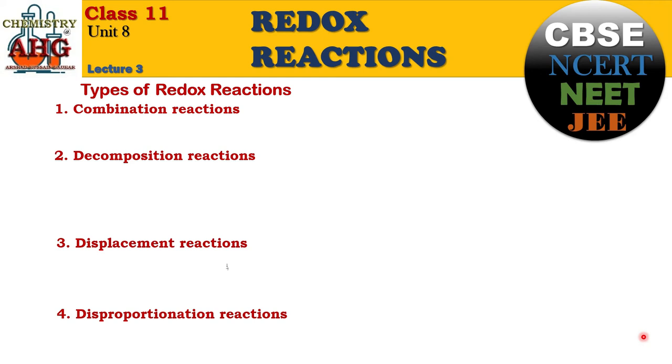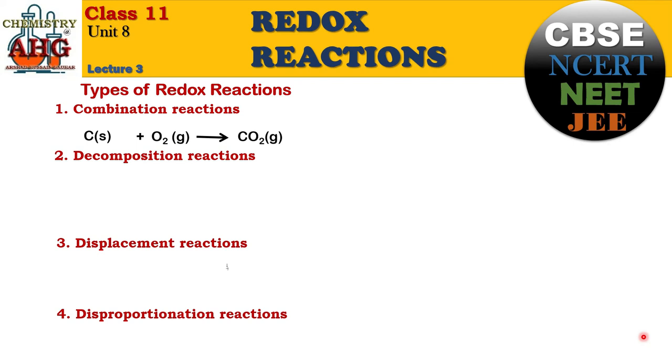First of all, combination or addition or synthesis. What is a combination reaction? Whenever two or more substances combine and give us one product, it is addition, it is combination, it is synthesis. So simply remember, whenever you have been given a reaction with one product only, it is addition, combination, synthesis. For example, if you just mix two elements like carbon and oxygen, you can see the final product is a single product.